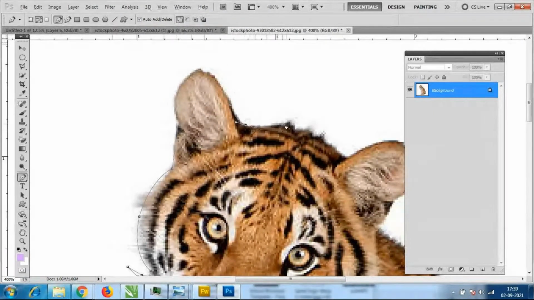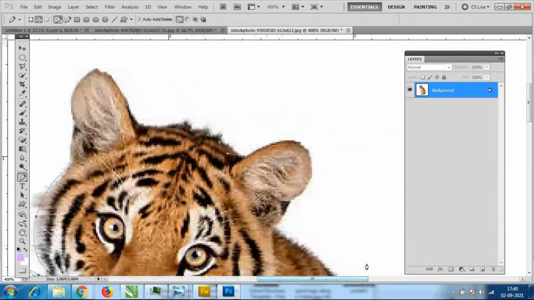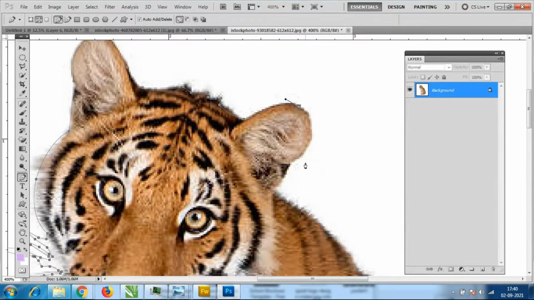Whatever shapes you want, see, look here. The shape is a little difficult, I feel, but try. You have to try yourself. See the curve shapes. If you learn this tool, the pen tool is common in all software, any software like Corel Draw. I have started here, I will end it here. I'm still not stopped, so I will just take the curve shapes.